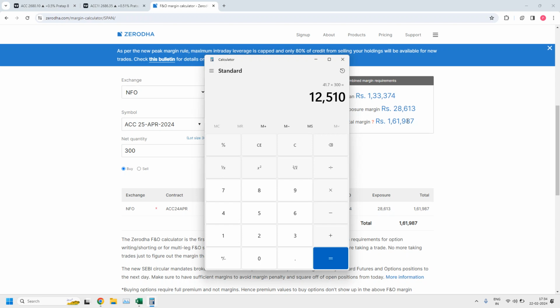We are doing rough calculations. Exactly at 9:15 in the morning when you took the trade, what is the value? It is very difficult to find that value. Maybe if you had taken a trade and noted it down at that time, that is a different story. So while calculating, this is the profit, 12,510 into 100 divided by